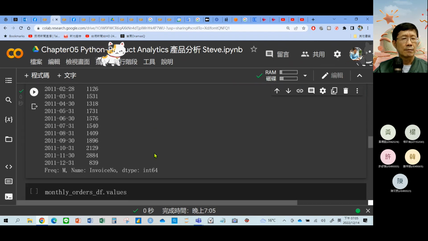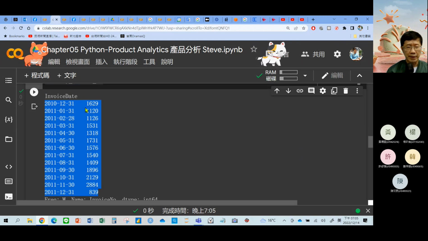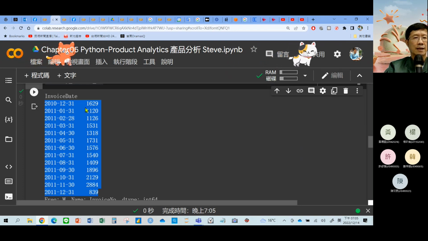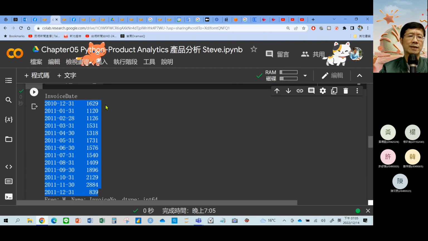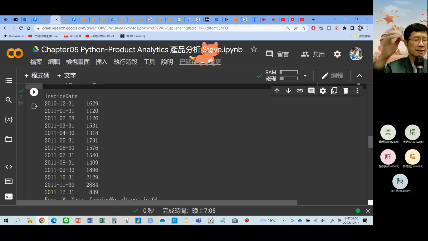How many months are in the result? 13. The period for this transaction is from 2010 December, all the way to 2011 December, or November, sorry, 12月啊，所以说一共是13个月。